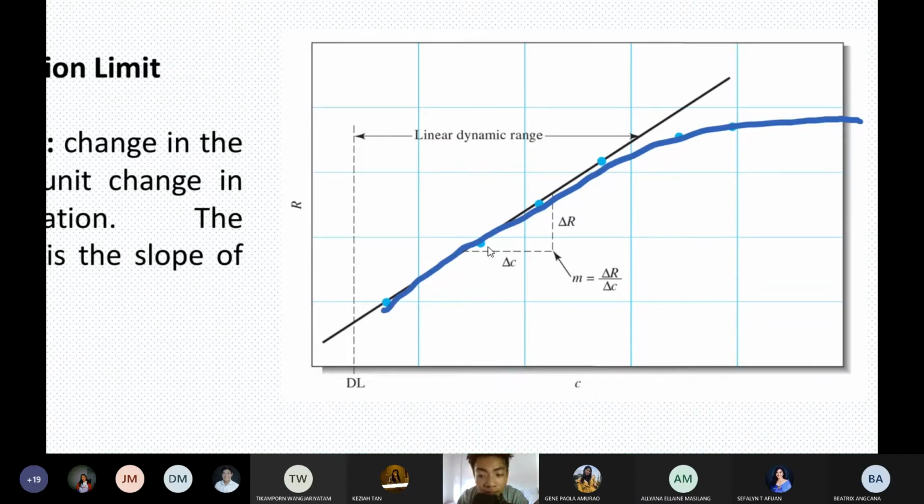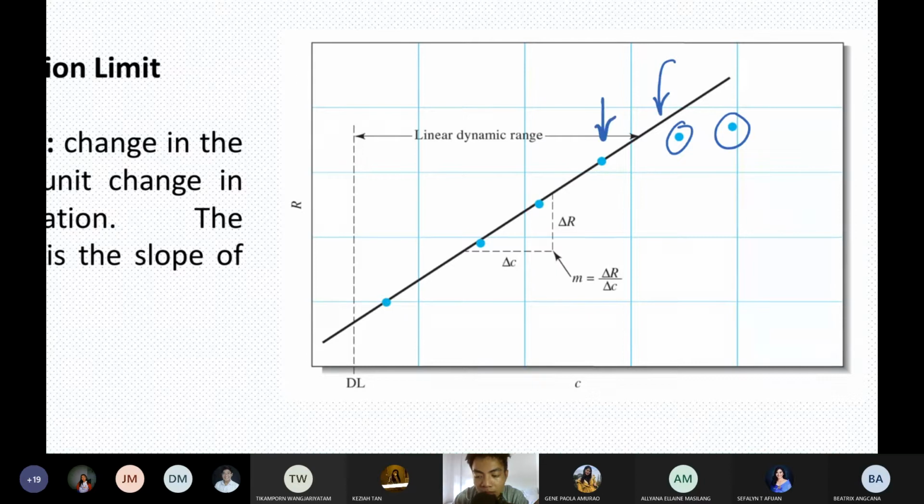So if that happens, this usually happens at higher concentration, wherein your instrument response deviates from the linear curve. When it started deviating from your linear curve, that means the instrument cannot read the concentrations higher than the last point in the linear curve. So that means your analysis has only